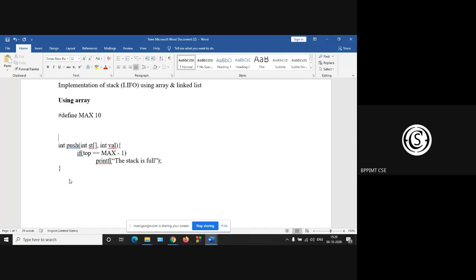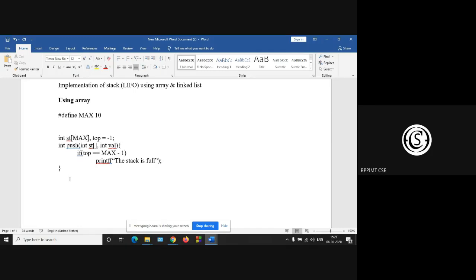Again int top. You have to initialize this top with -1. Int top, and there will be the stack array, st array, and this is max.